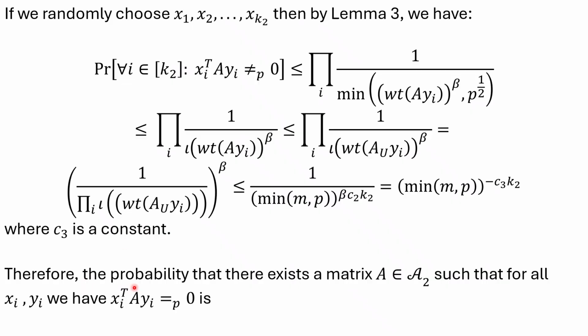Therefore, the probability that there exists a matrix A in A2 such that for all xi, yi, we have xi transpose A yi is 0 is